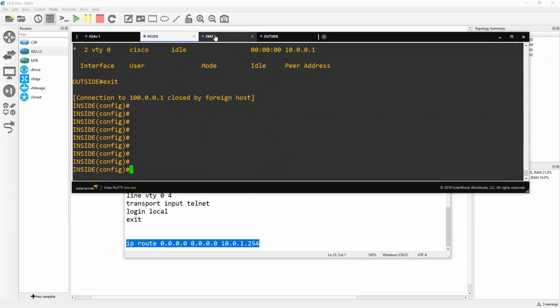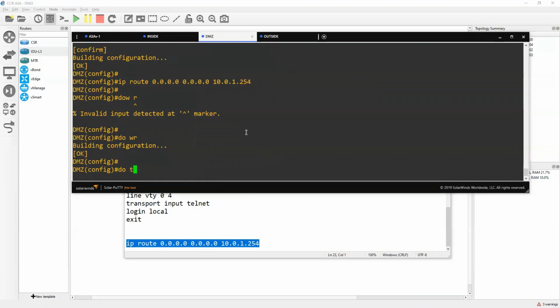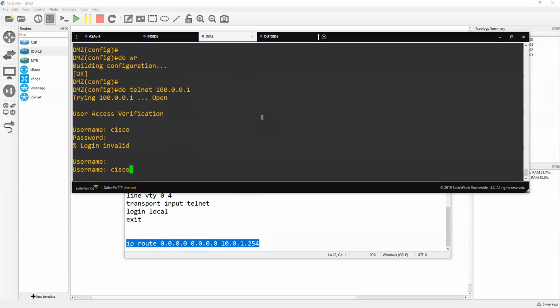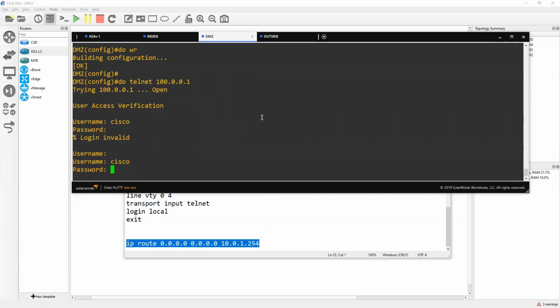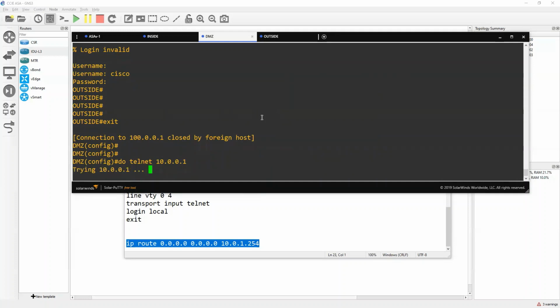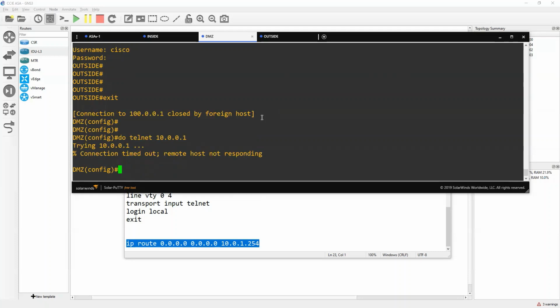Now coming to the DMZ, if I say do telnet 100.0.0.1, I'm able to take the access. See, you see that? But if I say do telnet 10.0.0.1, this is where it will not allow. So from the higher security zone to the lower security zone, traffic is always allowed, but by default, only TCP